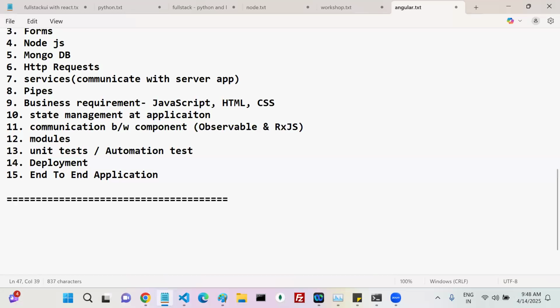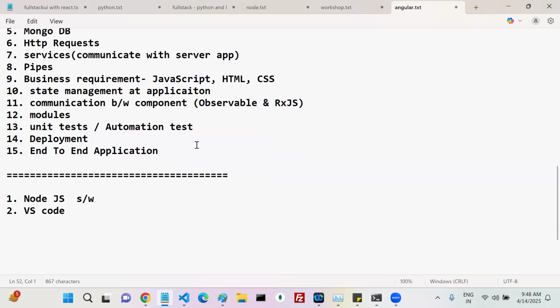Work with me. On a daily basis, we are going to give some assignments. For that, first install Node.js software on your machines. The next one is an editor, any editor you can use. I prefer the VS Code editor, Visual Studio Code. These two are open source. Install these two on your machines first.